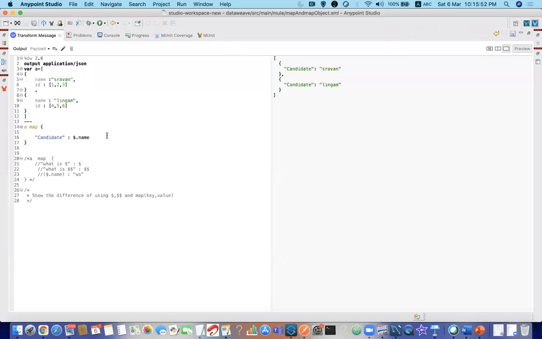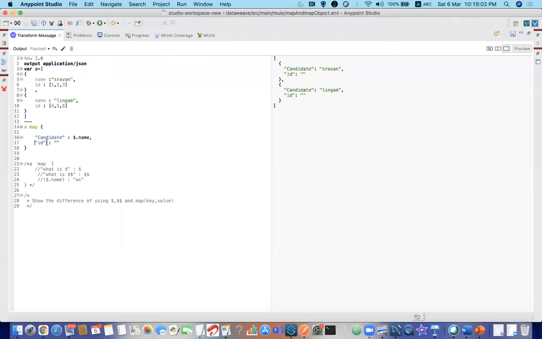Now the next thing I wanted to tell you is comma ID. Now I want this key name to be something dynamic. For example, you have a key name stored in a variable called original. Guys, again, don't get confused. This variable is not what we call variables, vars dot. This is totally different.